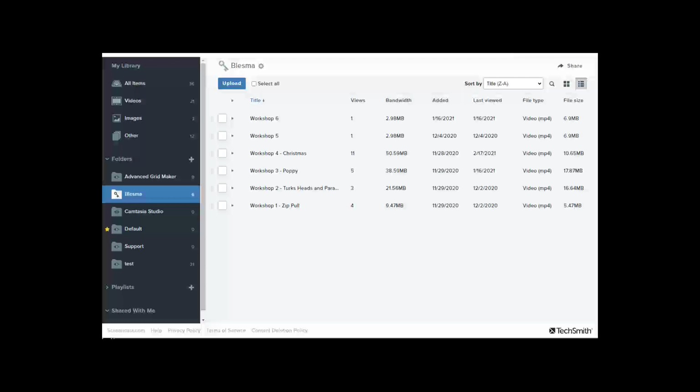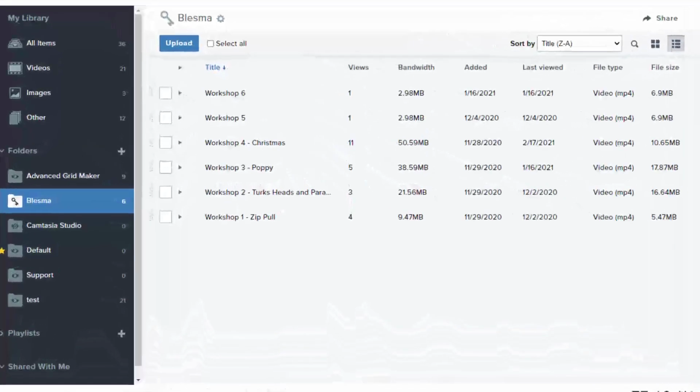All the workshops ultimately will be available here. I've got most of them there already, and what you'll need to do is select one. Let's take the first one,